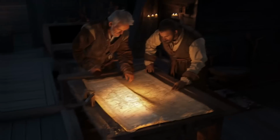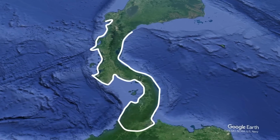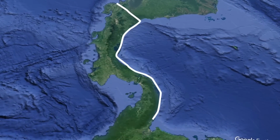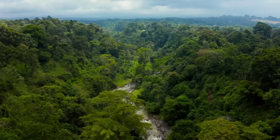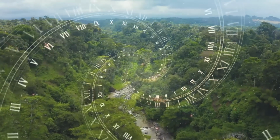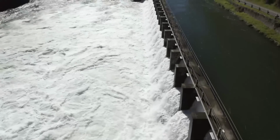People first started thinking about making a water path across Panama in the 16th century. Back then, a Spanish explorer found out that only a thin piece of land separated the two oceans. But it seemed impossible to build it because of the mountains and thick jungle, so the idea had to wait a couple of centuries. Finally, in 1880, France, led by the man who built the Suez Canal in Egypt, tried